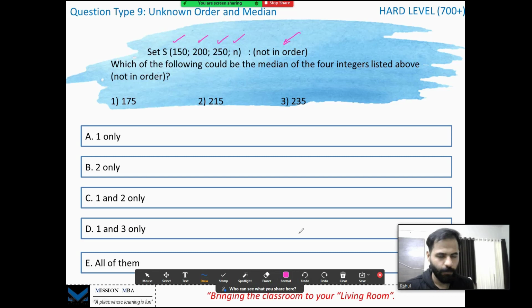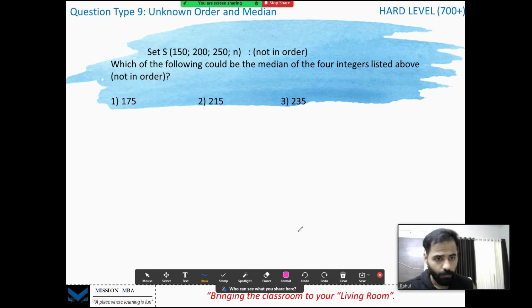So I guess you must have paused and tried it. Let's go ahead and let me try it then. Now, we do not know the order, but what are the orders which are possible? One is the n becomes the smallest. If n becomes the smallest, then the median this set can attain will be the smallest. That's it, right? Because n is smallest, and now you have this as the median, which is 150 plus 200 divided by 2, 175.